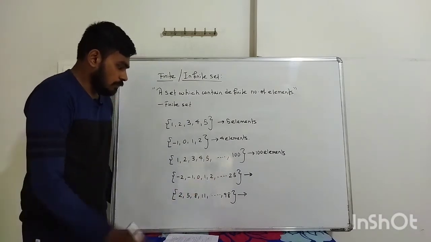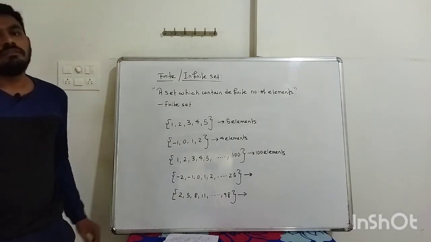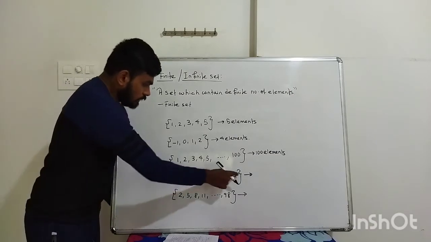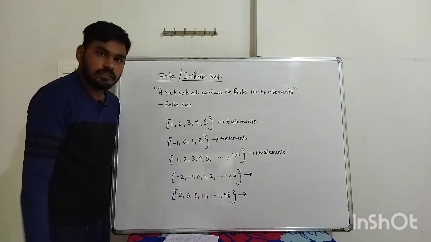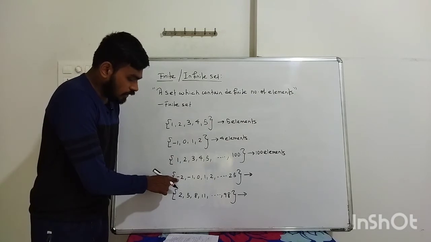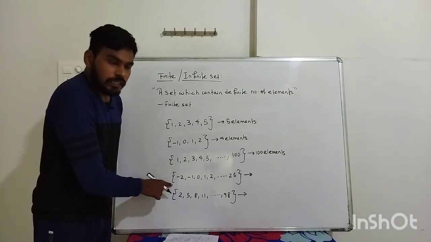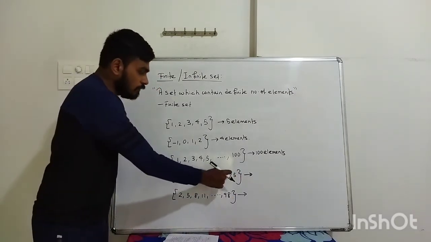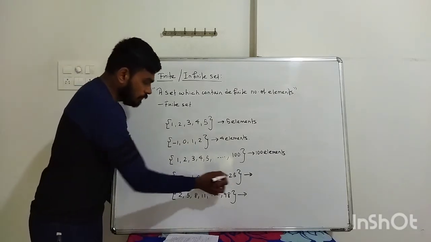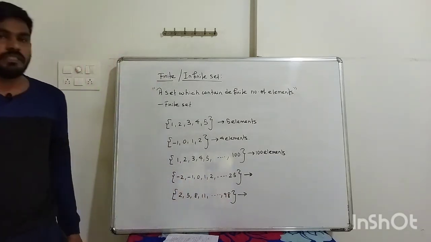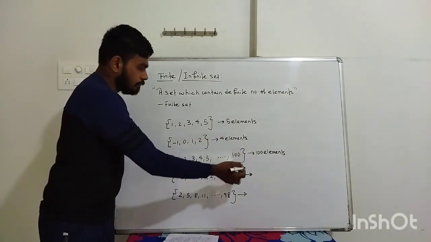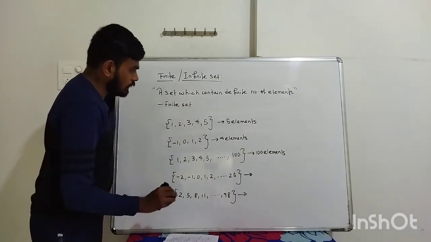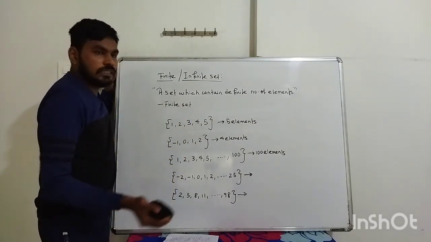Even this is also a finite set. By just knowing what type of sequence it is, we can know how many elements, or else just see this side and this side. Don't look at the dots in the middle, just see this side. Is there any dot before the bracket? Again here, this side also, are there dots before the bracket? If there are dots before the bracket, then it becomes infinite. If there are numbers before the bracket like this, then it becomes finite. So these all are finite sets, otherwise the sets are infinite.